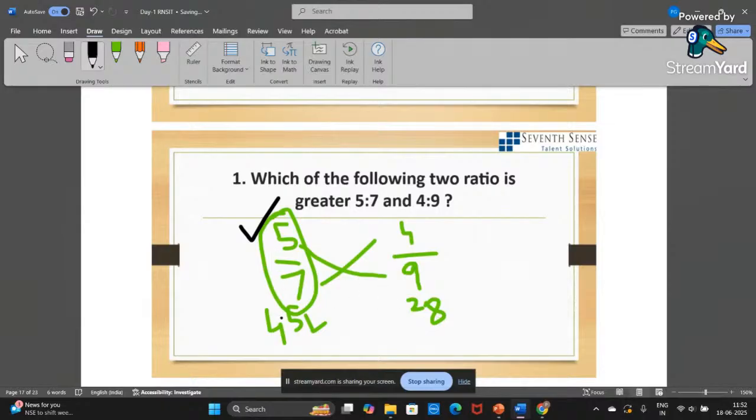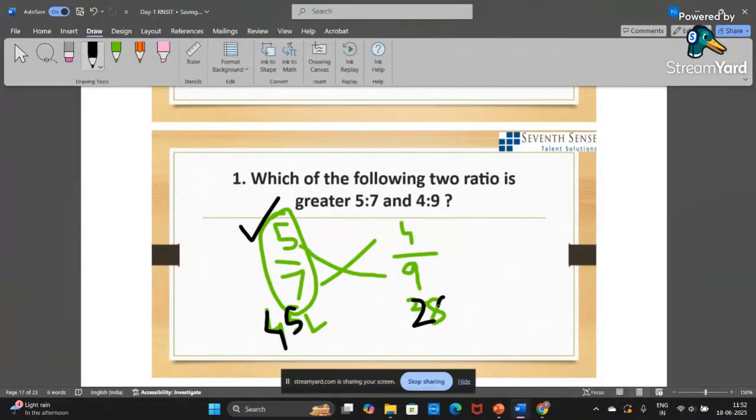See, 5 into 9, it is 45. So I'm writing it here because we have considered this as the numerator. Same way here, 4 into 7, this is the numerator. 4 we have considered. So when you're multiplying it with any other number, the multiplied number should be written below this. 4 into 7,